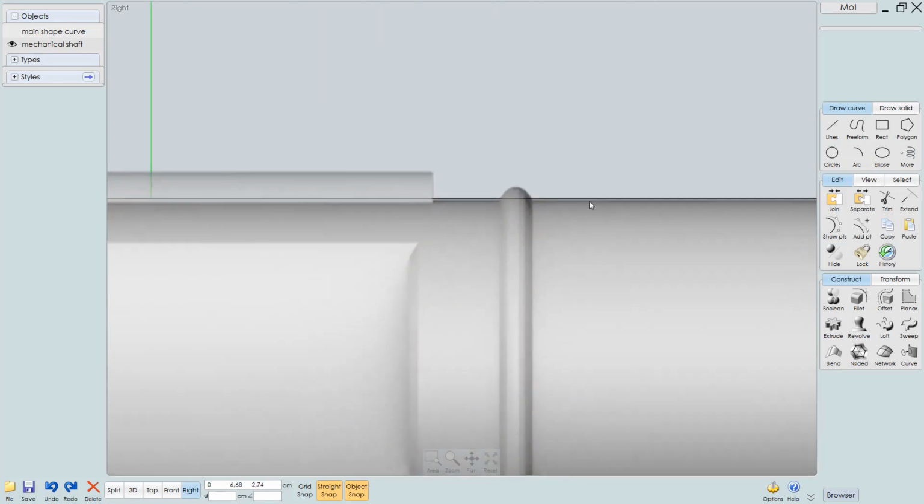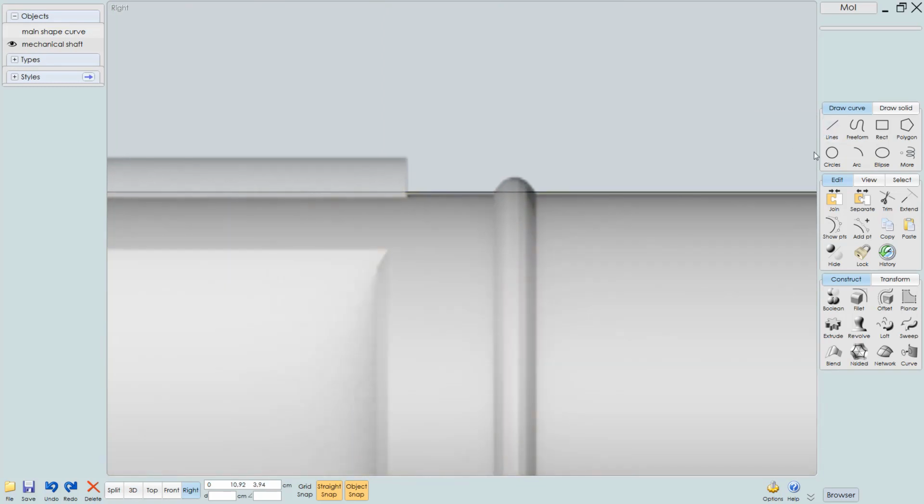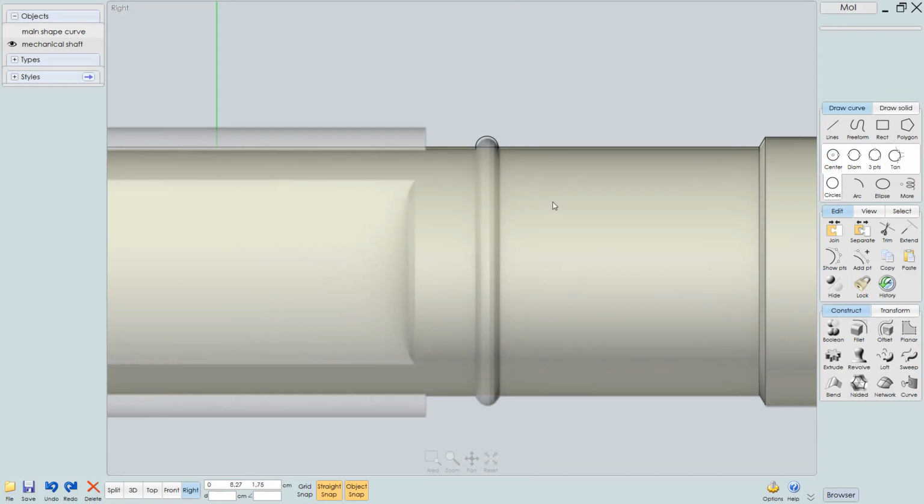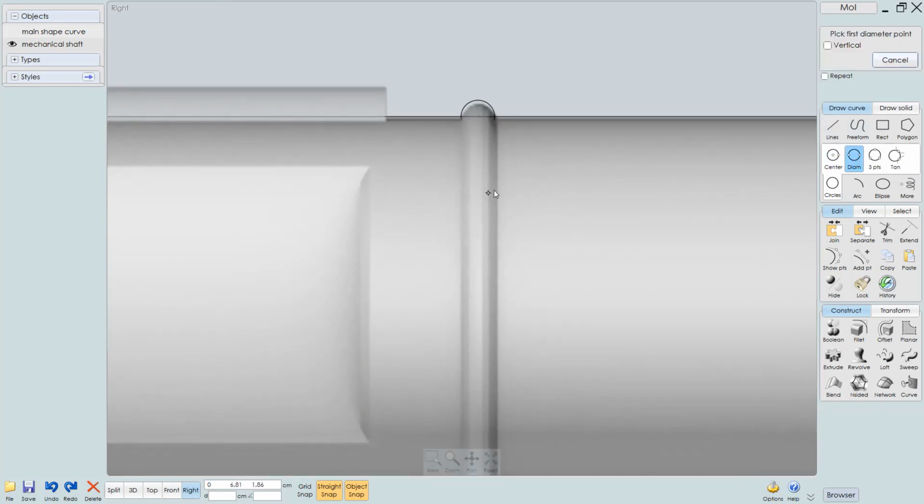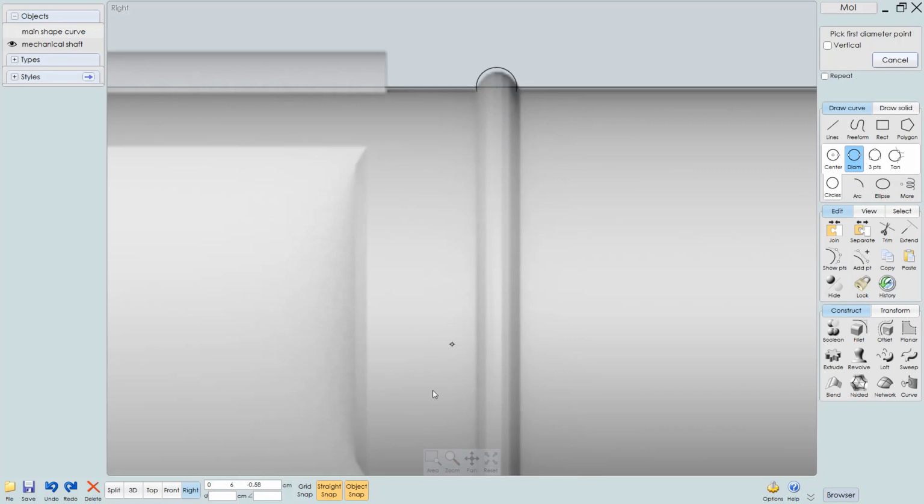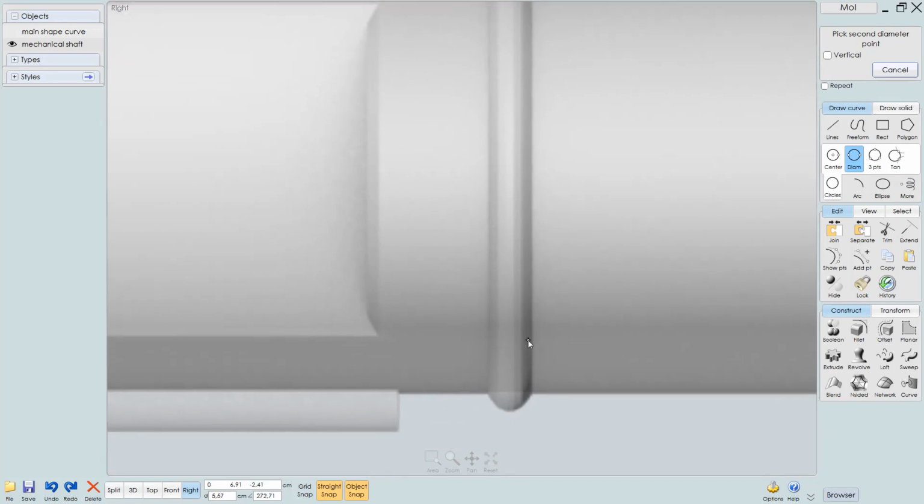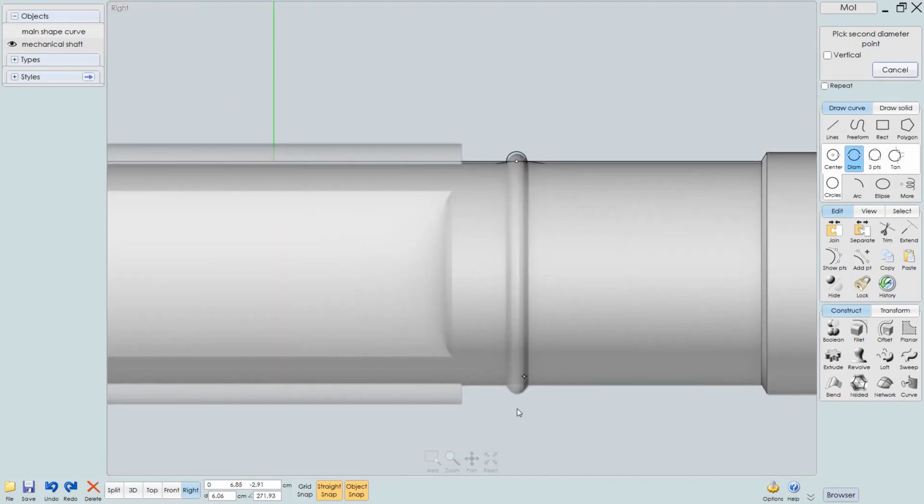Next, let's try and add this detail here. I'm going to start with a circle again, and I'll draw this out like this. And I'm going to create another circle using the diameter option. And because I have object snap switched on, I can snap this new circle to the center point of the smaller circle, and then let's just drag it down. Before I do though,